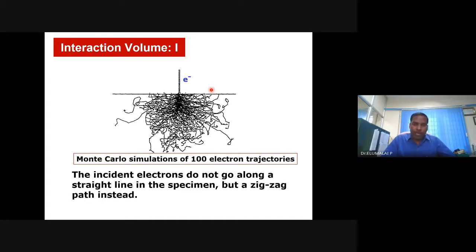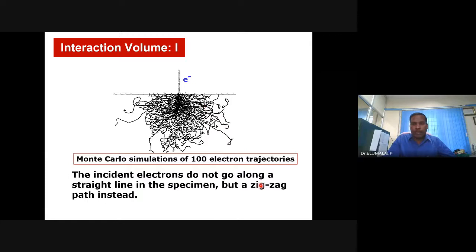And you see, I'm sure you'll agree with me, it is a drunken man walk, like the drunken man walk that we have seen in the case of metals when they conduct. This is how the electron moves over 100 trials. It means that there is an interaction volume. This is the beam of electrons interacting on the sample surface, and it reaches this much depth based on the acceleration or velocity of the electron beam, and based on the atomic number, softness or hardness of the material that you are using.